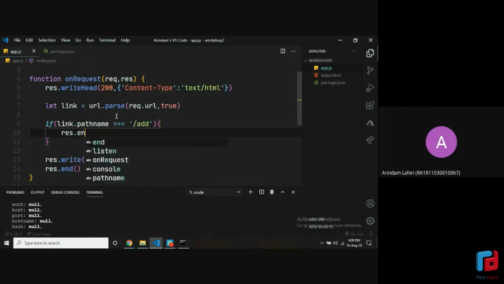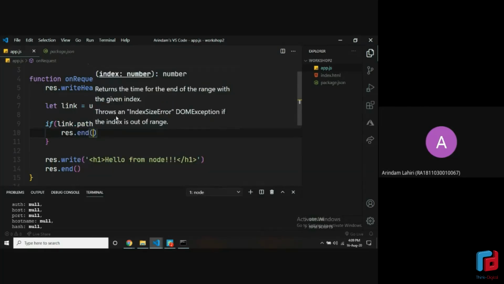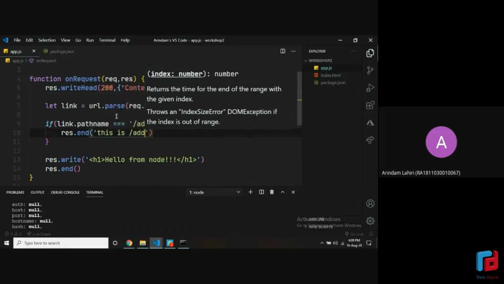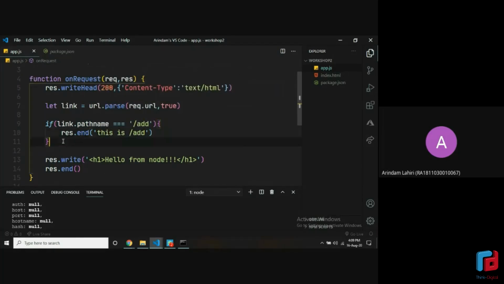Yes. So one more thing, when you only have one thing to output, you can directly write res.end and then write whatever you want here. So we can say this is slash add, right? And you don't need to end it again because there's only one thing which you are writing, so we can write it like that.